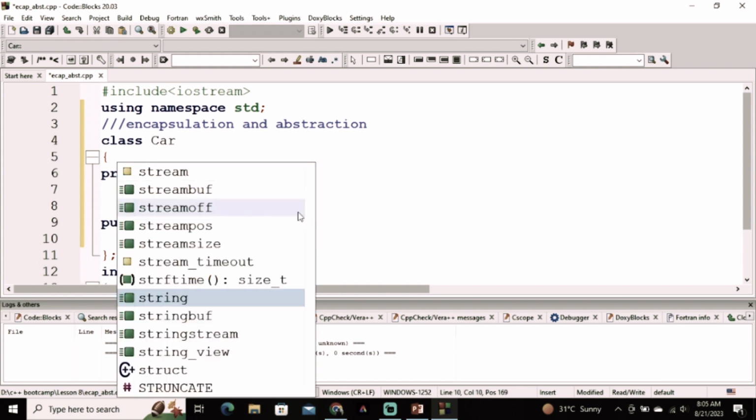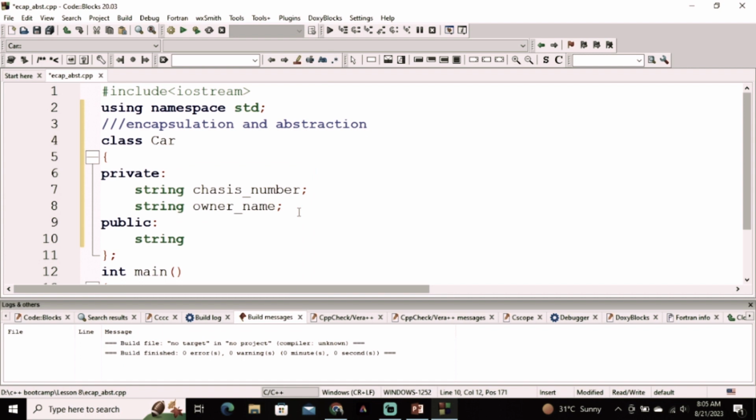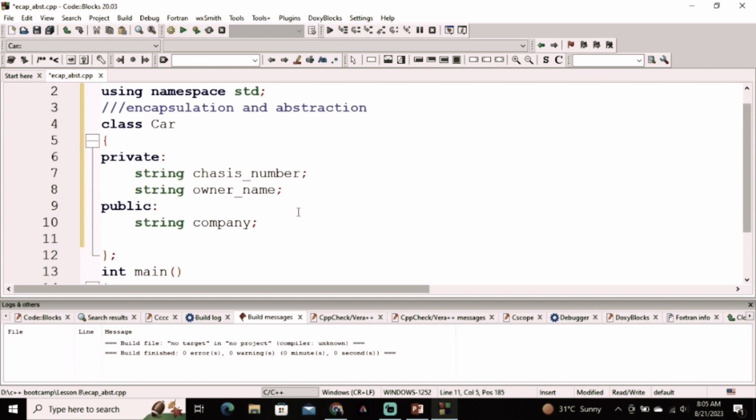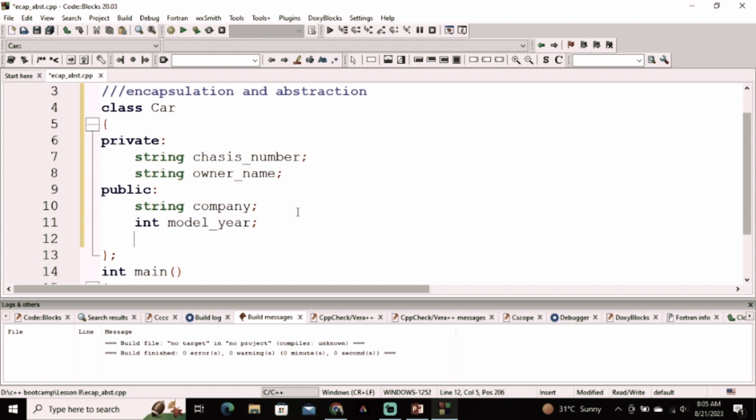So we will say string company. We will say company, okay? Because it is demonstrated on the car external body, everybody knows the company of the car. Now let's have the integer model year, okay? Then let's have a number plate, okay? So integer register, or num plate,